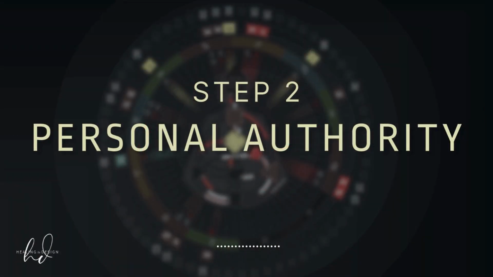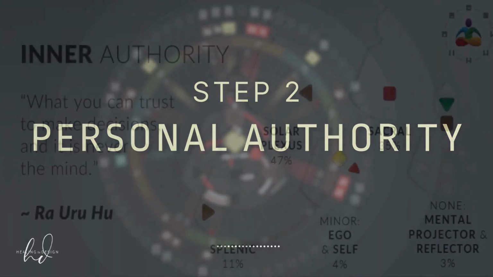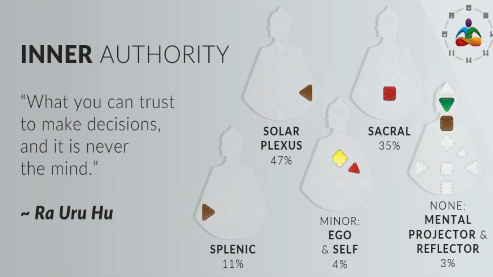Knowing your type and corresponding strategy is the first major step towards transformation. Next is knowing your personal authority. This internal guidance system is the body's mechanism for helping us determine what is healthy for us and what isn't. Together, your strategy and authority become the bedrock of personal development and are the main tools you need to start making the right decisions.